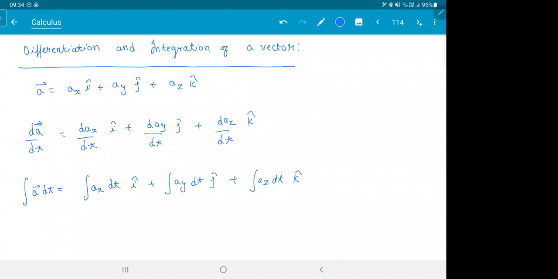So let's take an example, how to integrate and differentiate a vector. Let's say someone gives the position vector r bar as t square I cap plus 1 by t j cap. t is time. Find velocity vector as function of time t, v of t, and acceleration as function of time t.